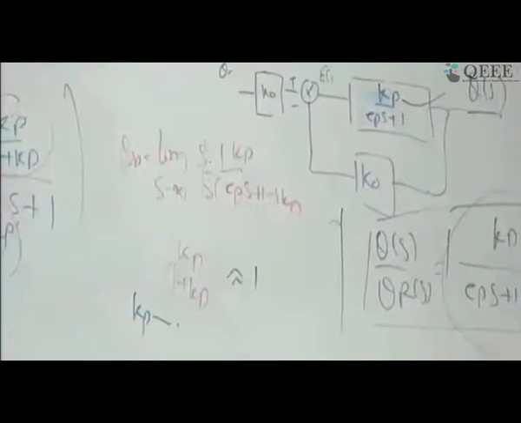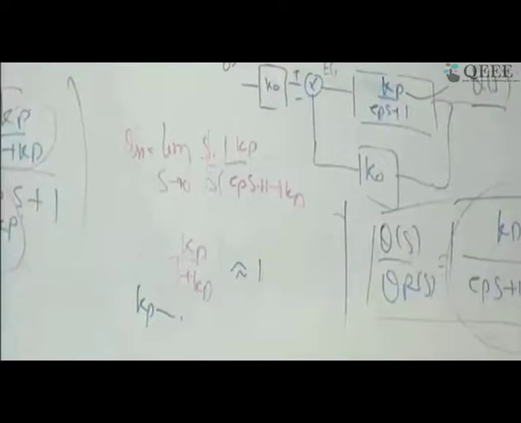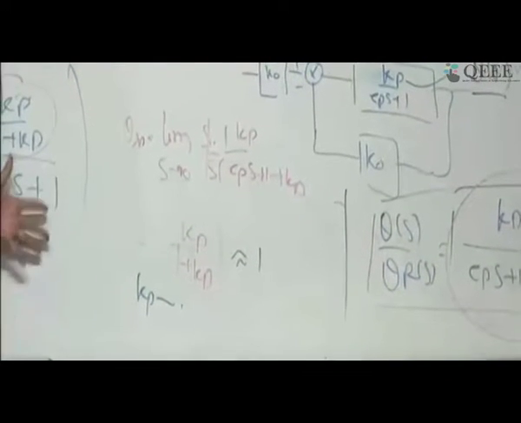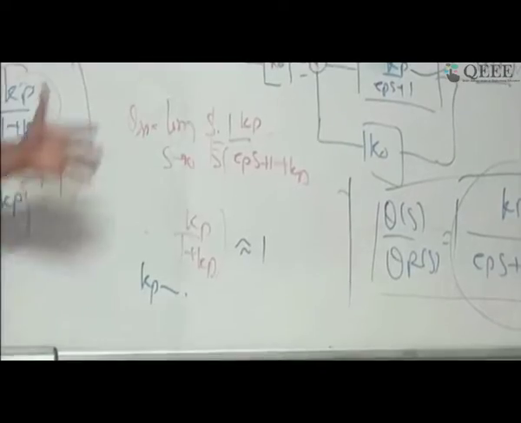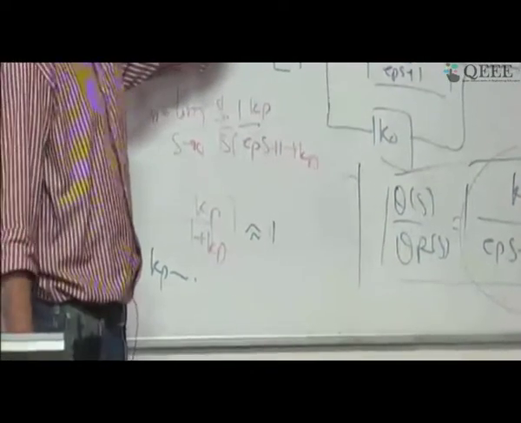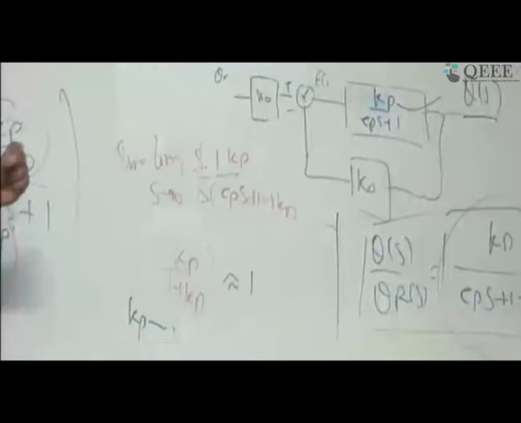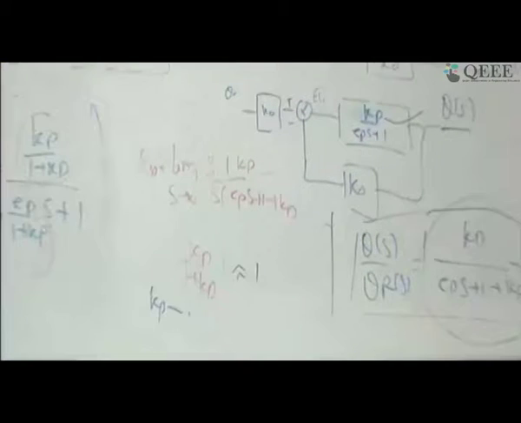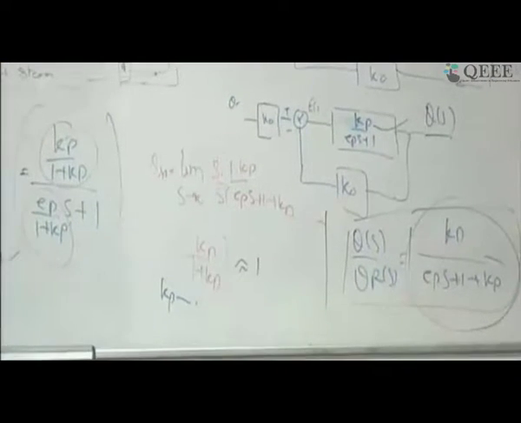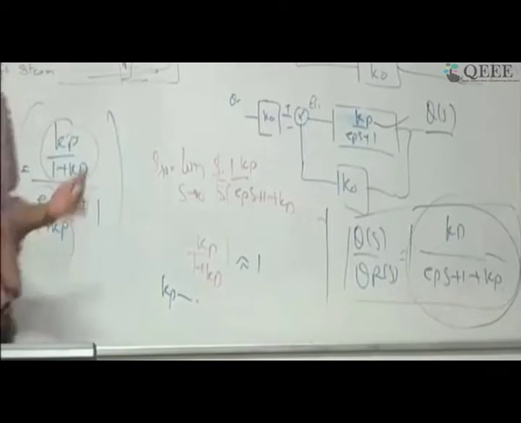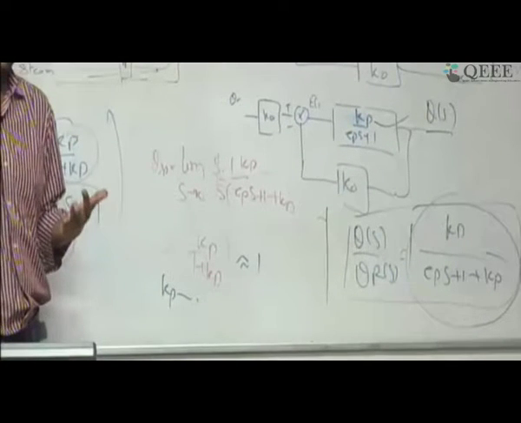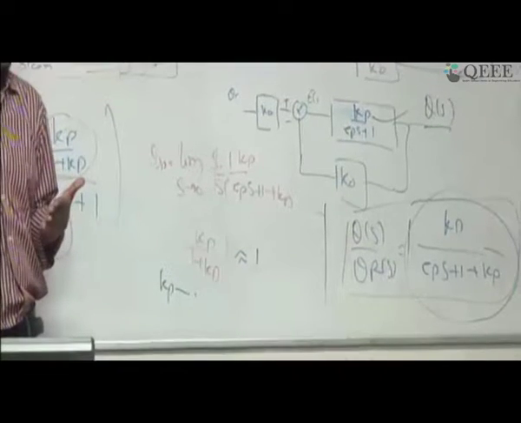Not exactly 1, but it will reach close to 1. Okay. So with these 2 points, we can conclude that if I am using a proportional controller, and if I increase the constant of the proportional controller very high, then the time constant will come down, and it gives me the point that the system will become faster.